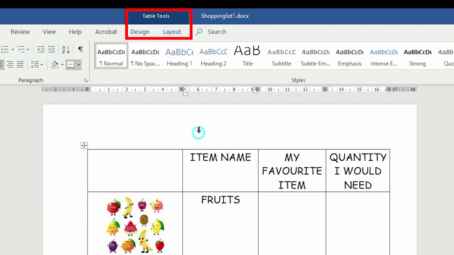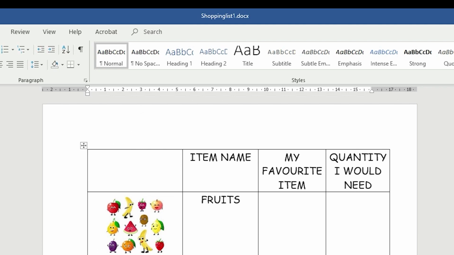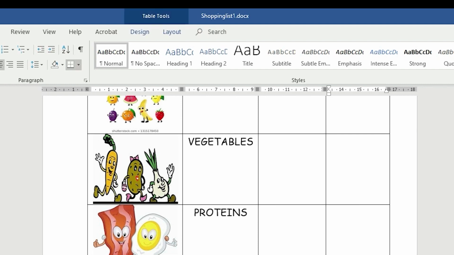Let me unselect my table. Wait, I'll click anywhere else. Now this time my table is not selected. Now as my table is not selected, you can see that on the top the table tools have gone, and so has the design and layout. I'll again click on my table, the table tool appears.